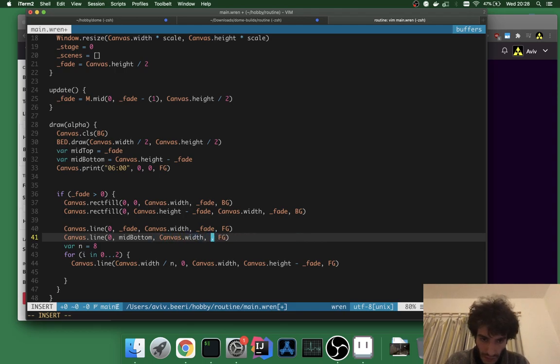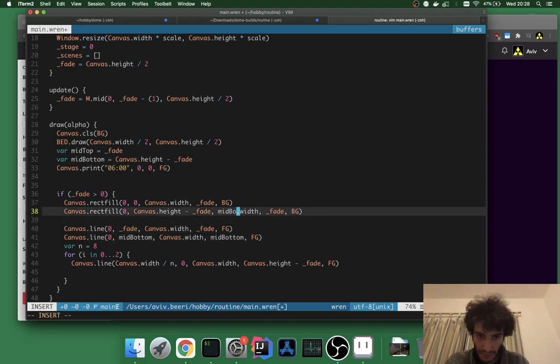And this can also be mid-bottom. Oh, that's the wrong one. And that'll be 0 and fade. Well, actually, what we could do is that could be like minus fade, and that might look